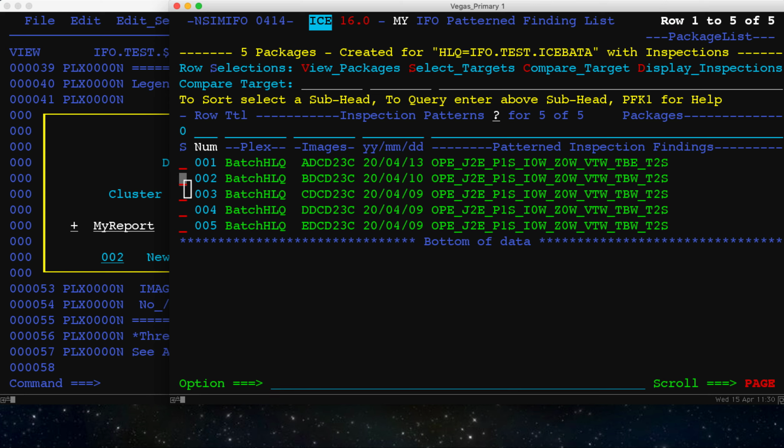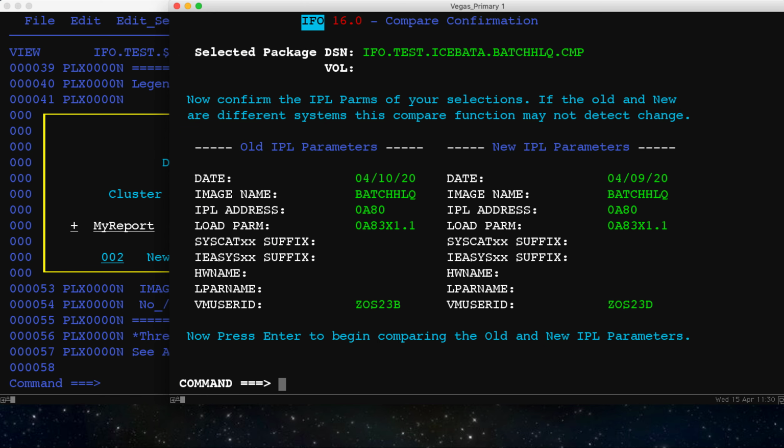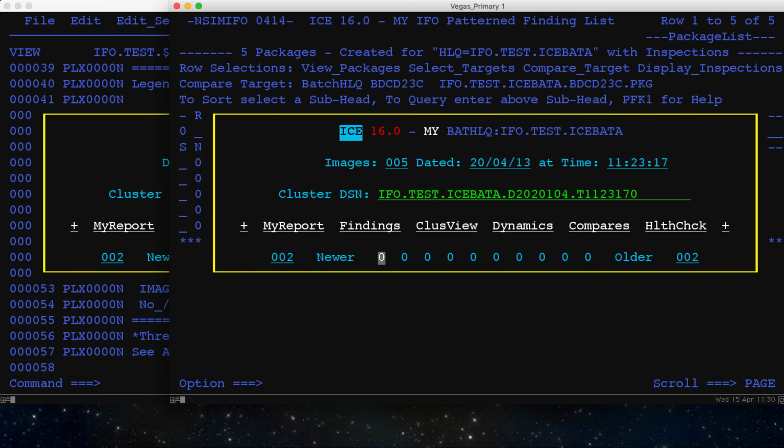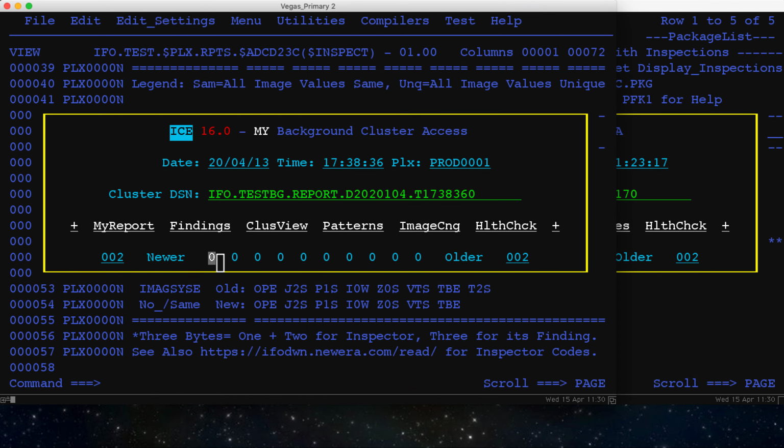We can select it and move it to the upper part of the panel, and then we can select another one and actually compare the two. And then this compare function functions just like the compare functions that you normally would see in the image focus environment. So there are lots of other things here that I would love to be able to get into,